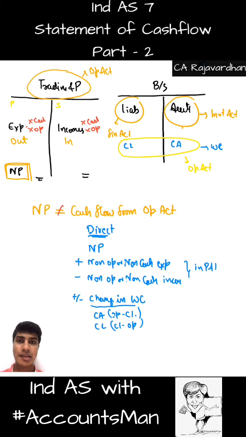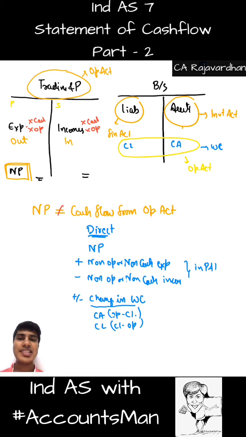Assume that there is a current liability like creditors. You paid cash. So when you pay cash, what will happen? The cash will decrease. So when the closing is more and opening is less, it should be deducted. So we do closing minus opening. Or the simple logic will be: CL is current liability, so CL is closing. CL minus OP. If we do current assets, we should do opening minus closing. A is the first letter, so the opening letter. OP minus CL. Opening minus closing. That's what we do.